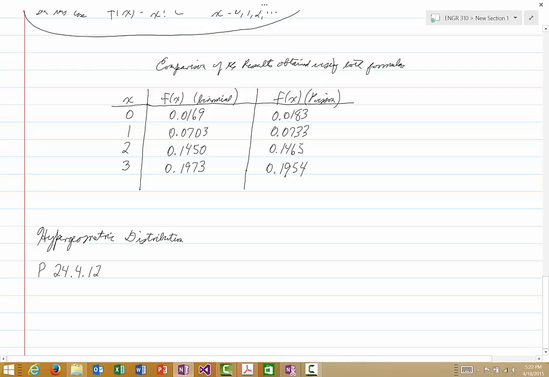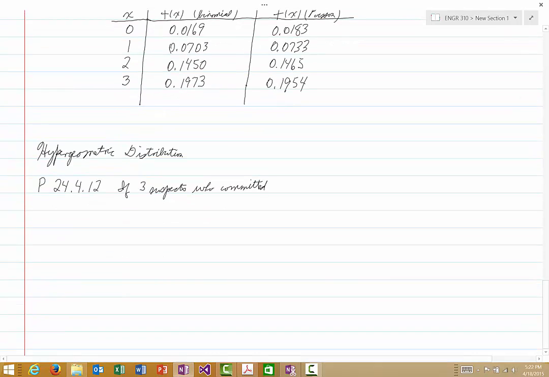And this one says if 3 suspects who committed a burglary and 6 innocent persons are lined up,